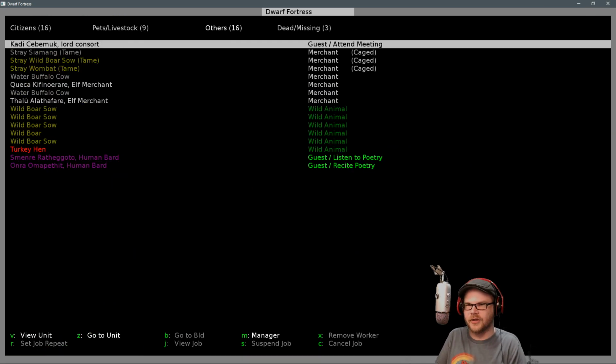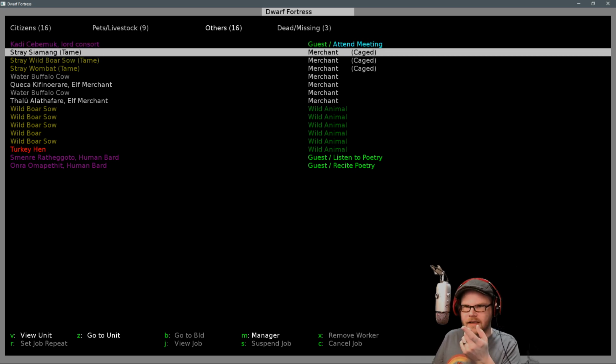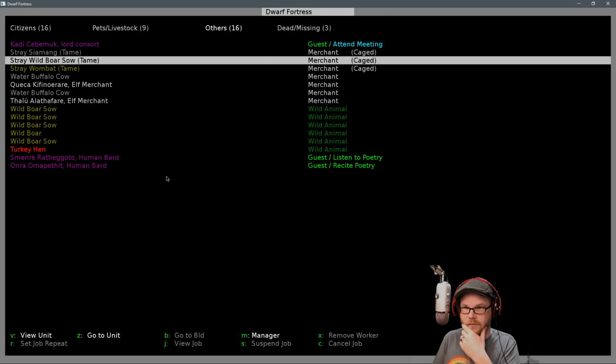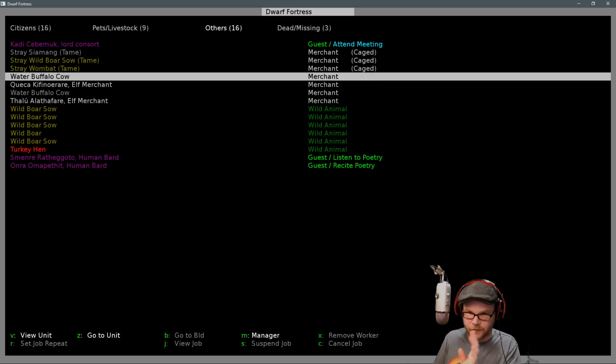So, let's take a look at what we've got. So, we go to you, take a look. So, we've got the Lord Consort is here. This is the elf guy. I think that's the Lord. I think that's who that is. We can view him and enter. Such creature... Oh, no, he's a human. Greasy hair, extremely long. Angular chin. Head somewhat narrow. He's a human guy. So, we've got a Siamang. What is a Siamang? Siamang. Oh, it's a monkey. That guy. Okay. So they have a monkey in a cage. They also have a boar, and they have a wombat in a cage. There's only 2 merchants. There's no one here to defend. The buffaloes will fight back. But